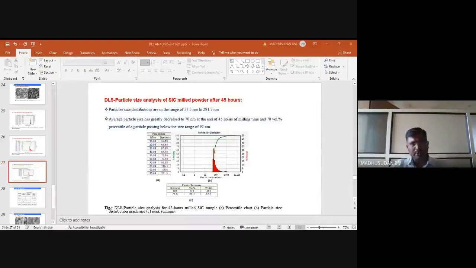Many particles are combined with other nearby particles. You can see particles with different sizes, all less than 100 nanometer. Many particles are overlapping one over the other. At the boundary, we can find some even smaller particles. So from these wide field images, it is confirmed that the particles we ball milled reached less than 100 nanometer, and the test result we obtained from the DLS technique is correct. These images confirm the DLS result is correct.